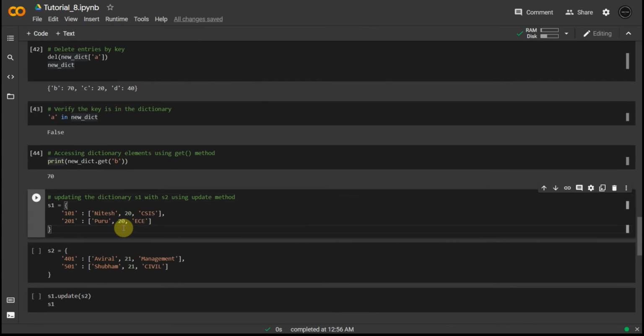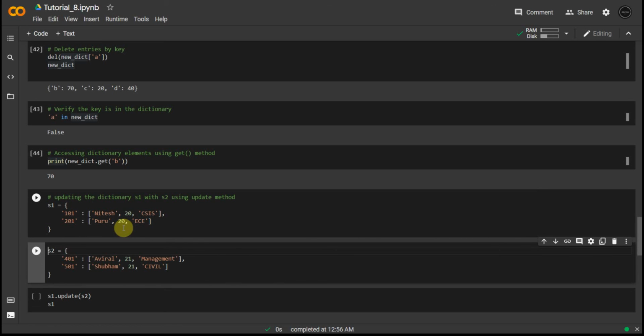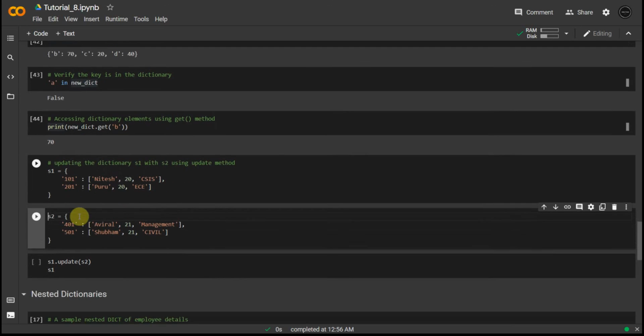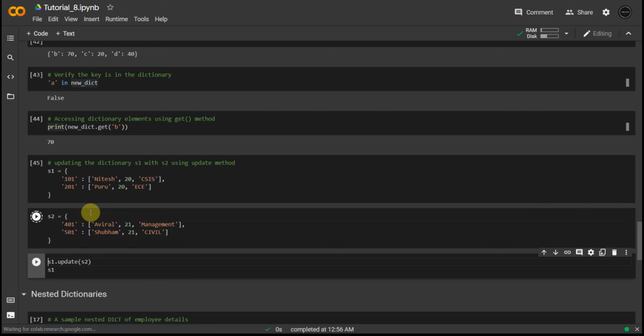And here we are trying to mix two dictionaries. For example, if I give a dictionary with my friends, for example, 101 is a student with name Nitesh and age 20 and his course is CSIS, and so on, like this. Can we append more students to this list as one?